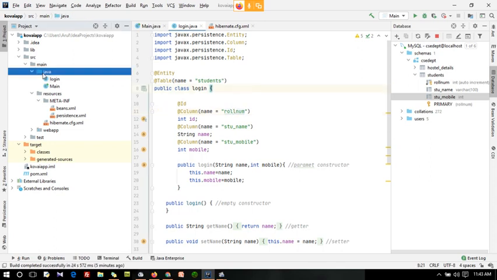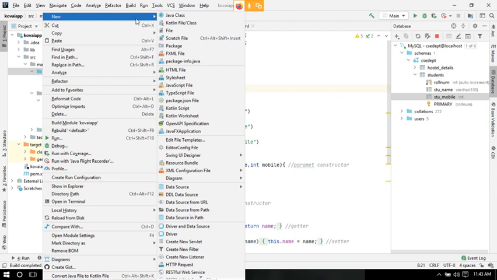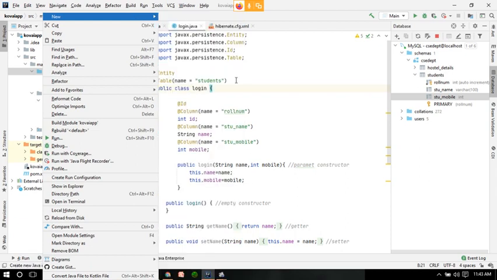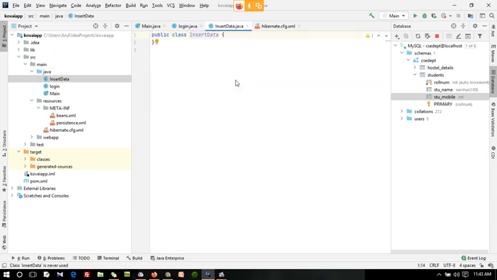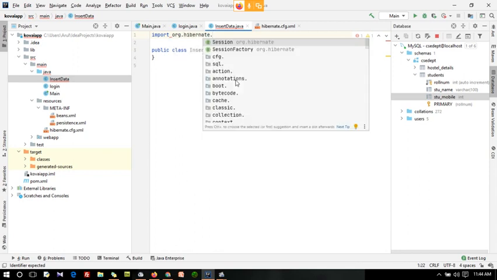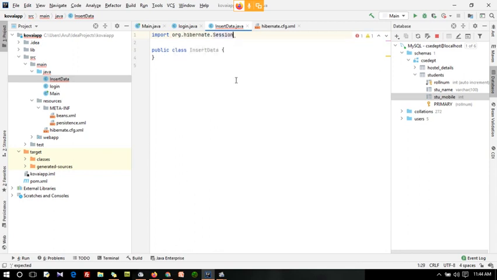Next I am just going to insert data. For that I am going to create another class which is insert data. For this I need a package, like import org.hibernate.session, that is needed.